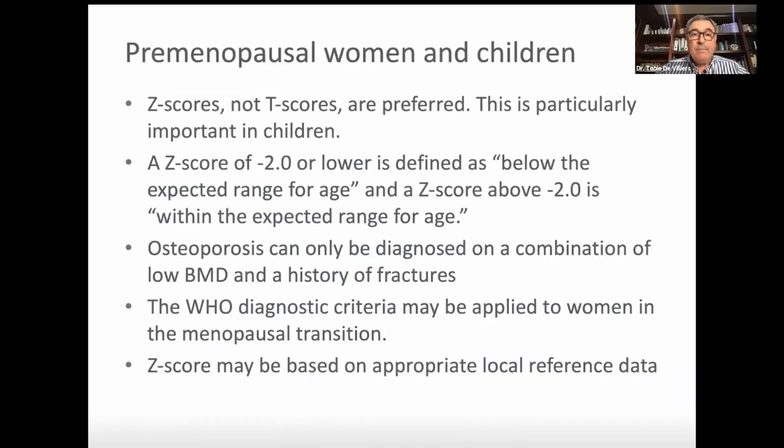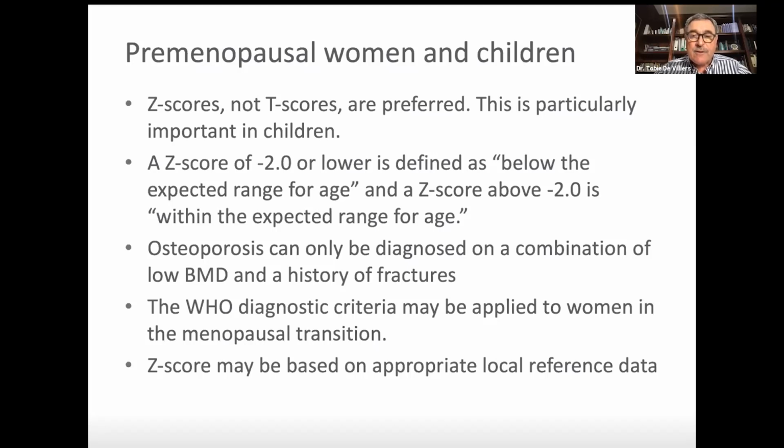But remember, in premenopausal women and children, Z-scores, not T-scores, are preferred, and the Z-score has a different value that is normal. So it can be normal up to -2.0, and below that it's defined as below the expected range for age, and a Z-score above -2 is within the expected range for age. It's not called osteoporosis, which can only be diagnosed on a combination of low bone mineral density and a history